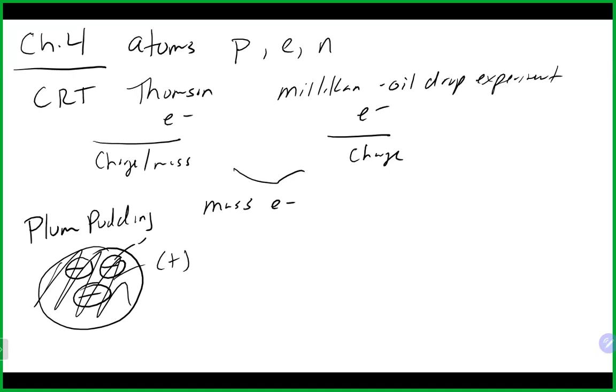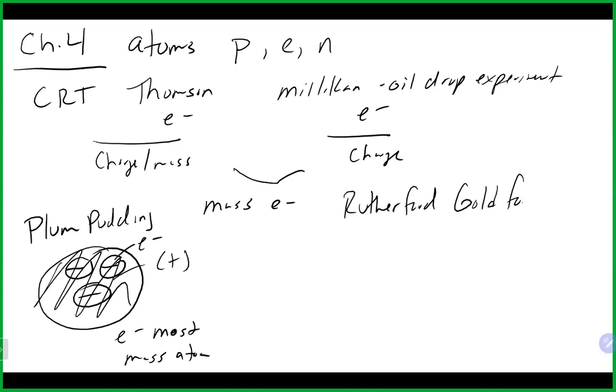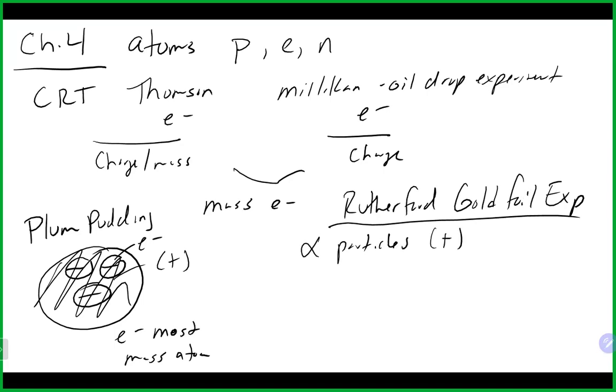And it was believed at that point that it was the electrons that made up most of the mass of the atom. And this was the accepted model of the atom until the next major experiment that came along, and that was Rutherford and the gold foil experiment. And remember, Rutherford shot these alpha particles, which are positively charged particles,